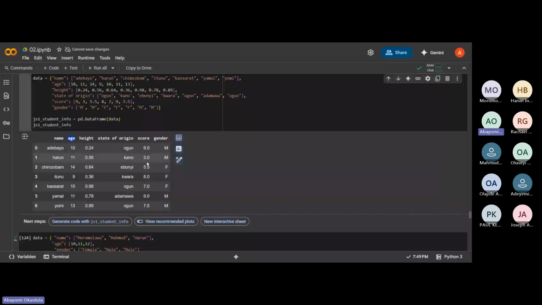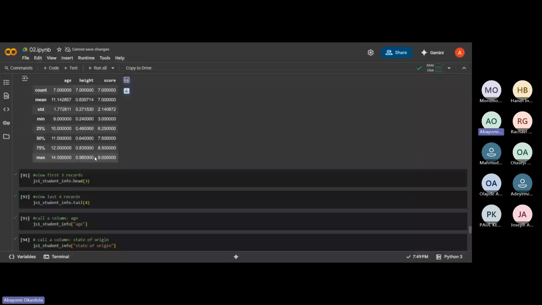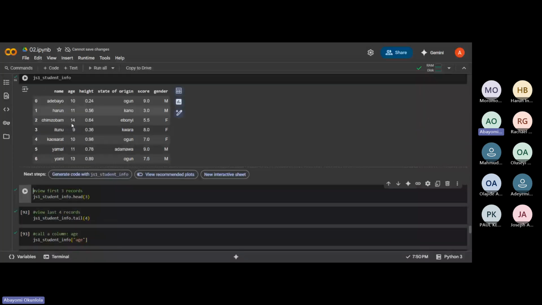Okay, so moving on, our summary statistics came from student info dot describe, which gave us this. Now let me print the data here. You have this data set right now. If you want to see the top records, the default number of values shown is 5. So what you need to do is call the head method. You call your data frame dot head. The default for this is 5. Take a look at it when I run it now.